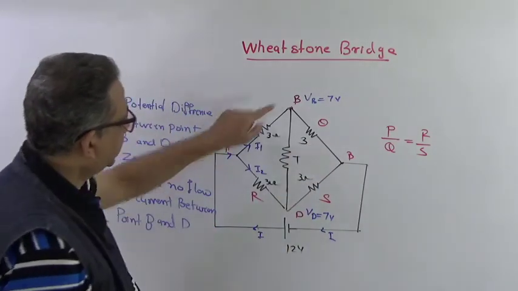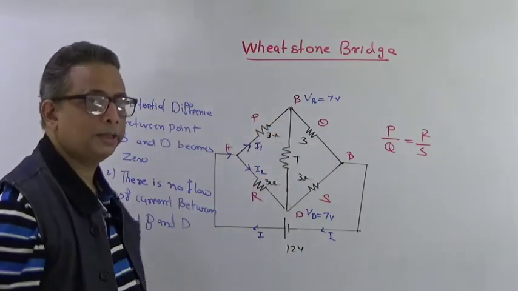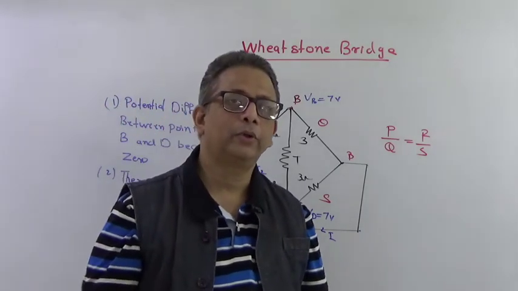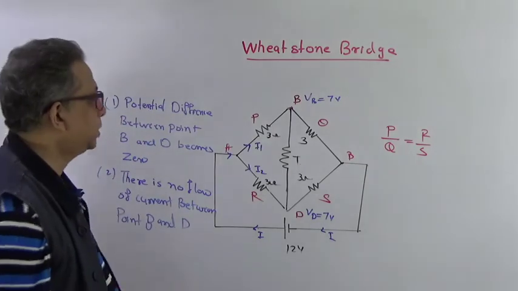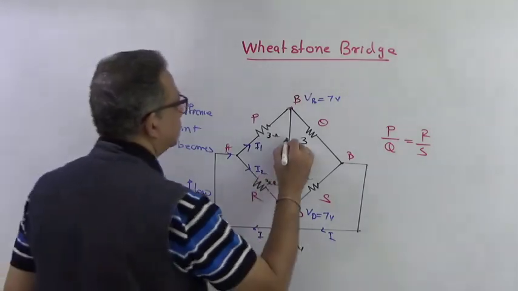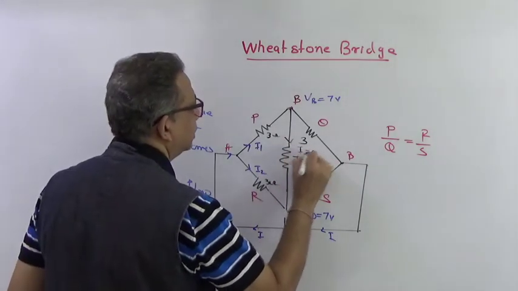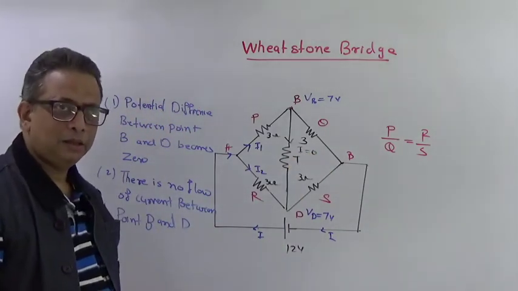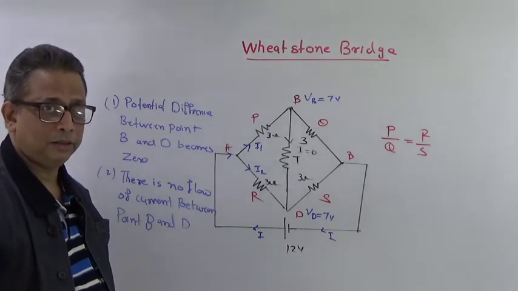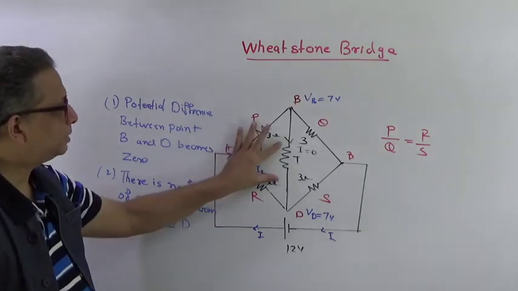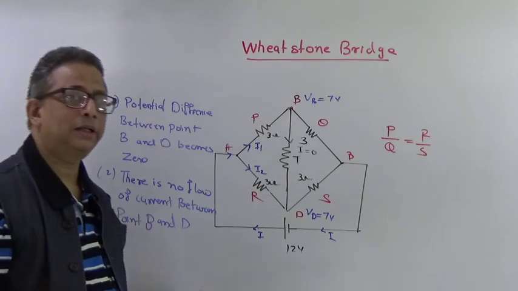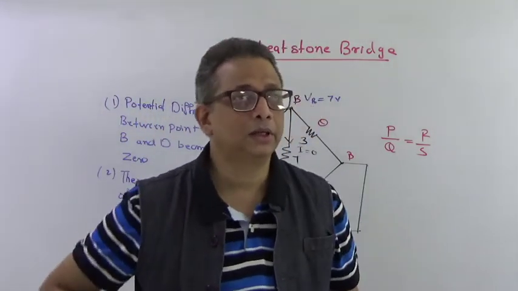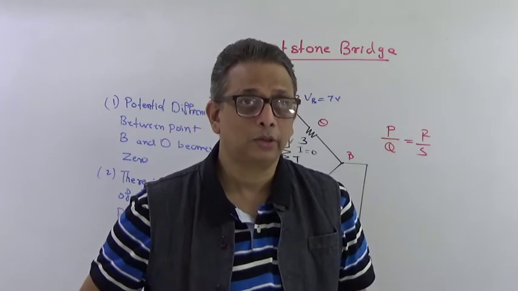Now when I am putting a resistance between B and D, just try to understand what is the current flowing through the resistance. Because this condition is met, this current I is going to be 0. If this current I is 0, it means there is no flow of current in this resistance. So this resistance actually has got no importance in the circuit. Any resistor through which the current is not flowing becomes a redundant resistance. It has got no importance in the circuit.